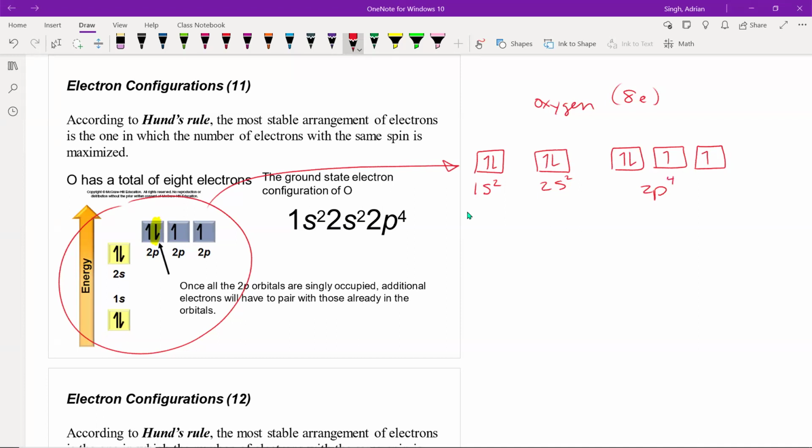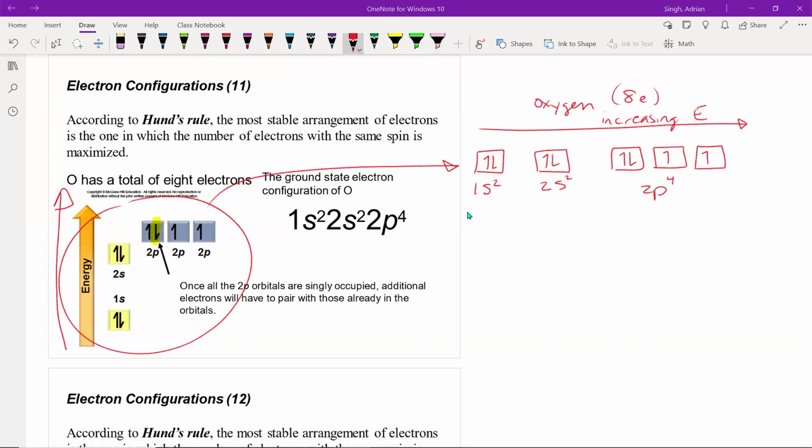What you'll notice is that this would be increasing energy from left to right, as opposed to going from bottom to top, which is the typical way you'll also see it written. So a couple of things to note about the oxygen, and also the fluorine that we'll see after,